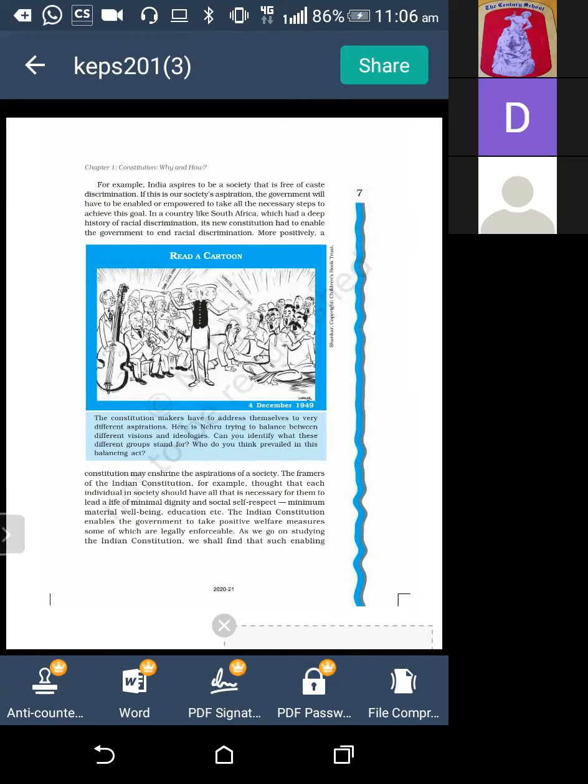Most of the other constitutions limited themselves largely to allocating this decision making power and setting some limits to government power, but many 20th century constitutions, of which the Indian constitution is the finest example, also provide an enabling framework for the government to do certain positive things. So I left you here only. Then my fourth function is